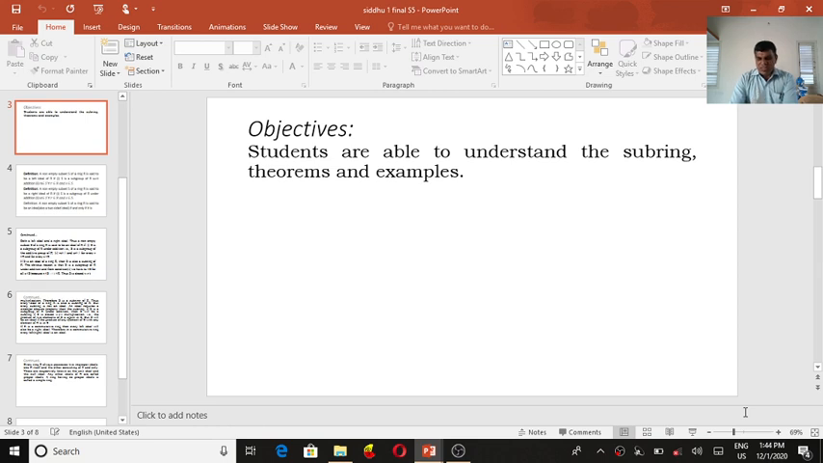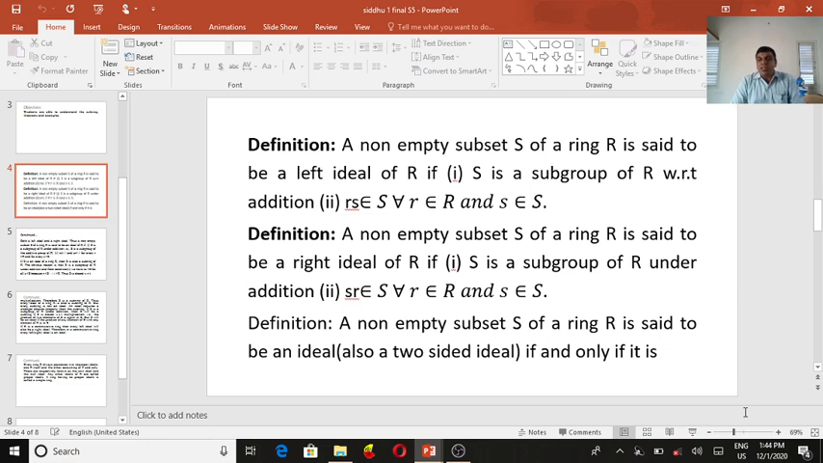Here I am multiplying this element by any other element belonging to R, either on the left side or the right side. Multiplying on the left side gives a left ideal. If you multiply on the other side, it is called a right ideal. An ideal is a non-empty subset of R, and is said to be a left ideal